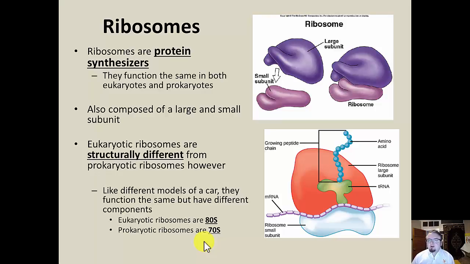This is only significant because one of the things we'll talk about later in the semester is how these types of subtle differences can lead to significant ways of targeting one type of organism or another. For example, we can use antibiotics that actually target the 70S ribosome and not the 80S ribosome. So drugs like tetracycline are actually specific to only targeting the 70S. It would almost be like having a virus that targeted the computer board of a Chevy truck and not the computer board of a Ford truck.